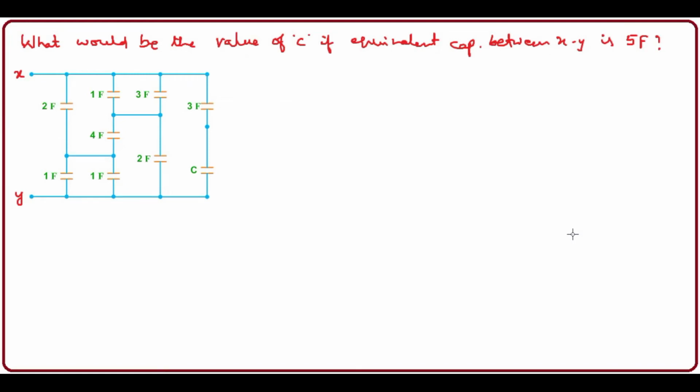Hi friends, this is one more problem on star delta connection. Here we have used capacitors. Just like in series parallel combination, the formula for the equivalent resistance or equivalent inductance of a series combination is exactly the formula for the parallel combination of capacitors, and vice versa.